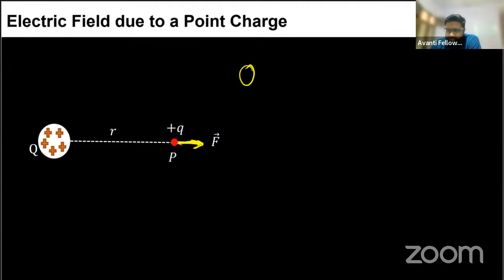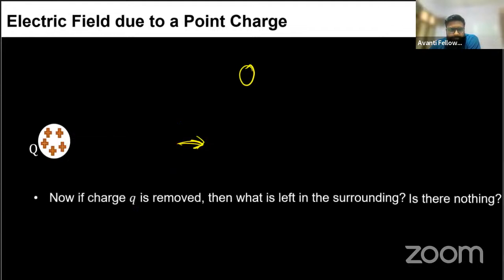A repulsive force, and that is try to get away from this. दोनों सेम चार्जेस हैं, प्लस प्लस है, so the force will be repulsive force. Okay, now अगर हमने चार्ज q को रिमूव कर दिया, there is no charge, only this capital Q charge is there,